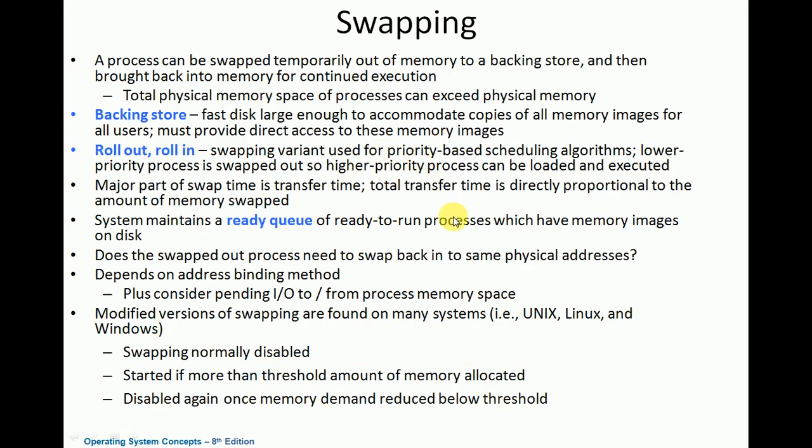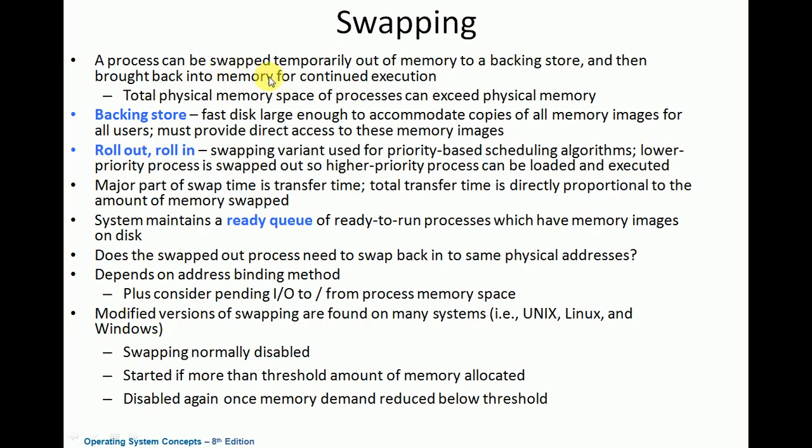Processes can be classified into two categories: active processes and passive processes. The system will be executing multiple processes, and these are categorized into active and passive. The active processes are currently being executed, and they must be present in the main memory. Passive processes are in the queue. Their execution has not yet started, but they are ready to execute. Such processes we can store at a different location, and whenever they are to be executed, they are brought into the main memory.